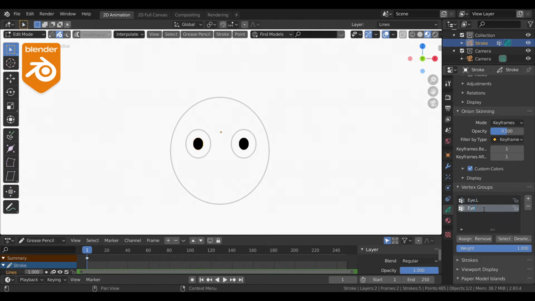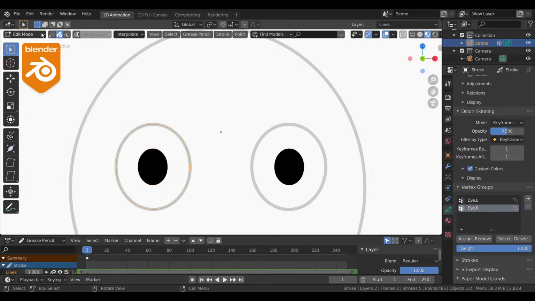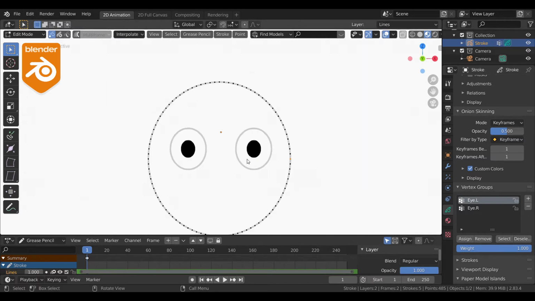This vertex group is for the right eye. So I am assigning the strokes to that particular group. Click select, and it will show the vertices that belong to that particular vertex group.